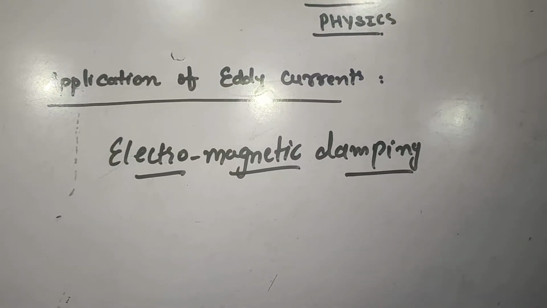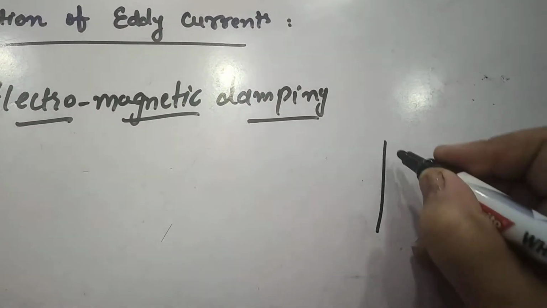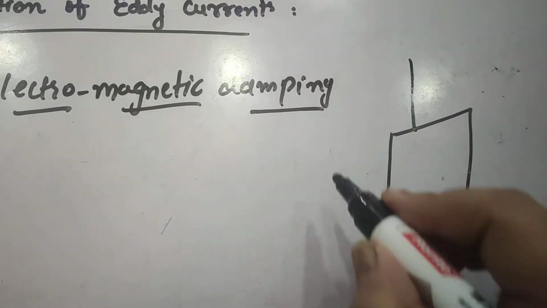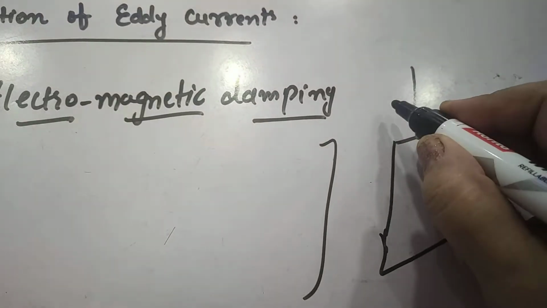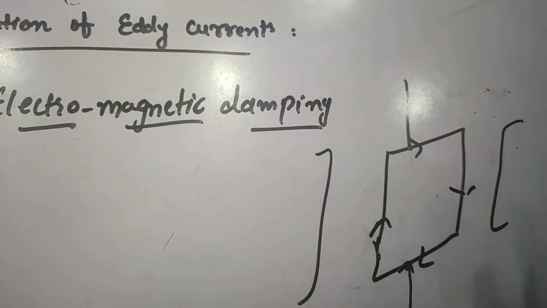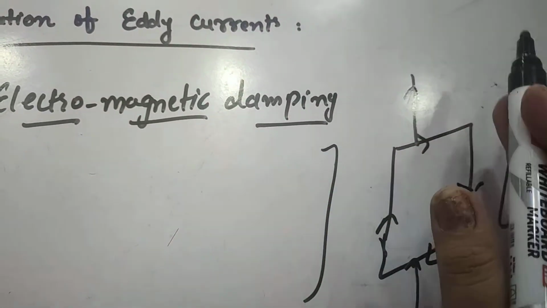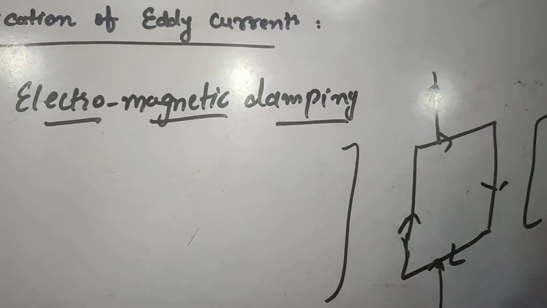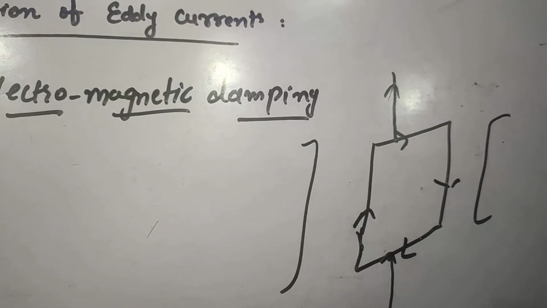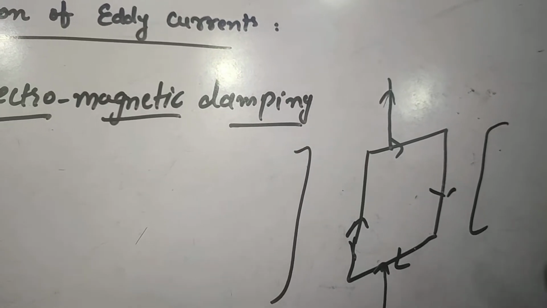In that case, we have studied that when a coil is kept in a magnetic field and current is passed through that coil, let's have a slight review. This is the coil hanging in a magnetic field, and when current is passed through it, the coil tends to rotate. So the pointer attached to it will move and give the deflection. This we have studied. If this coil rotates, it will tend to come back due to the torque. But what we need to note is that this will oscillate.